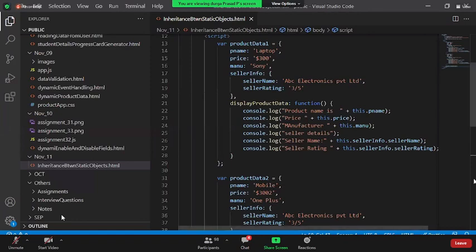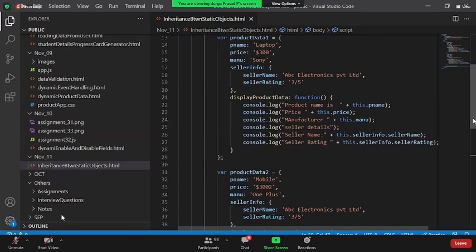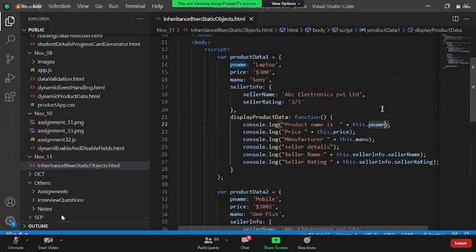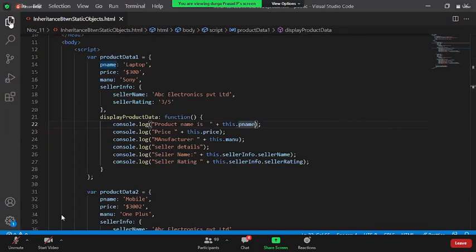Okay, nice. By looking into this data of product one and product two, can you tell me if something is not going in the correct direction? Anyone? Duplication of the data. Exactly. So the seller data being represented, is it not getting repeated here?